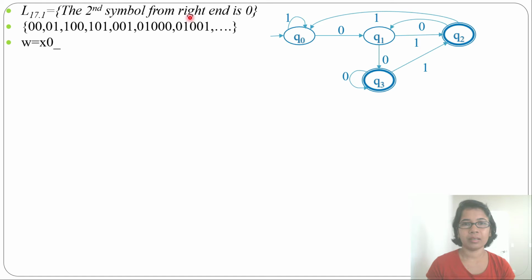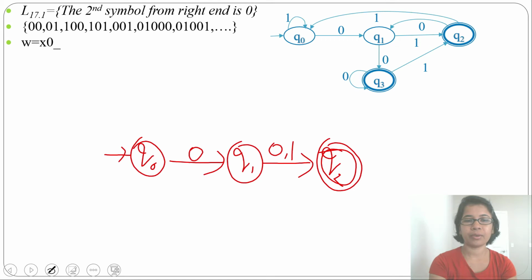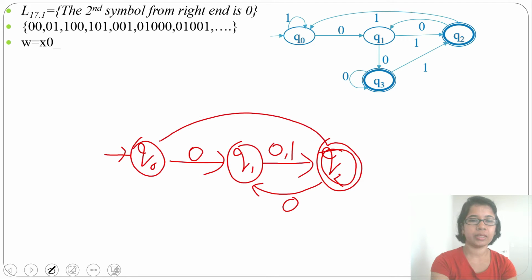Now some might argue why we made separate states for 0 and 1. From Q1, can we do it in one state that accepts both 0 and 1? Let me try and I will explain what is wrong there. From Q0 by 0 it will go to state Q1, and from Q1 by 0, 1 it will go to state Q2. Earlier I separated the state Q1 for 0 and a state for 1; here I just combine them for 0, 1. Now from Q2 by 0 it will come to Q1, and by 1 it will come to state Q0.